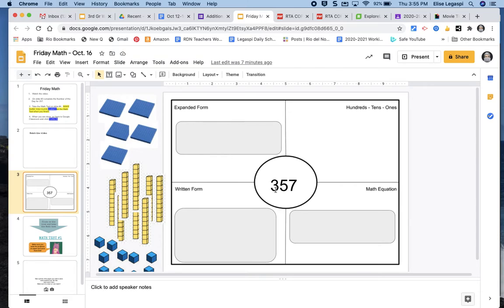It is... I know I did that on purpose so you can't hear. So there is your number. So up here in expanded form, you're going to type the expanded form equation for that number. Now I will give you a tiny hint. Expanded form is going to be something in the hundreds plus something in the tens plus those ones. So you are going to have 3 different numbers